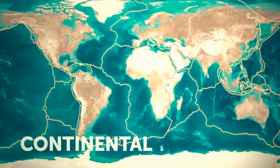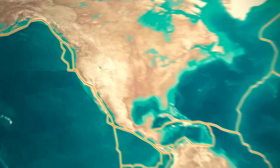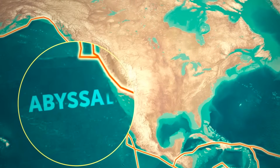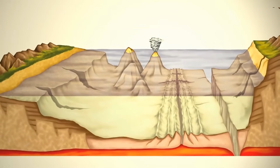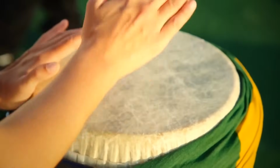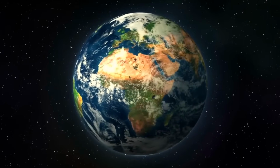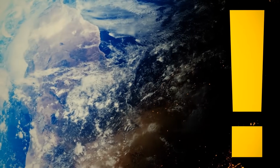Some of them think the continental shelf comes as a huge wave break under the oceans. For example, the highest part of the North American continent falls off into a deep abyssal plain. One theory says waves hit this spot, producing regular pulses. It's like having all kinds of drums. You hit them with your hands and accidentally slam that one spot that produces the right harmonic bang to rattle our entire planet. If this theory is true, we're lucky there are no more spots like this that can shake